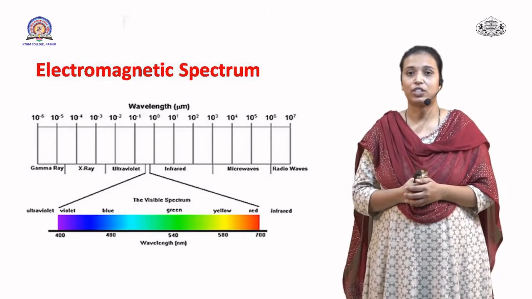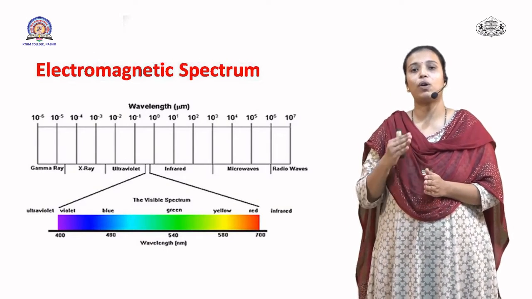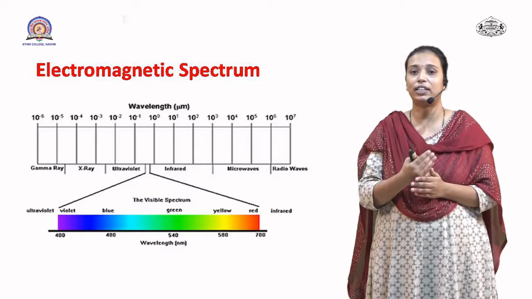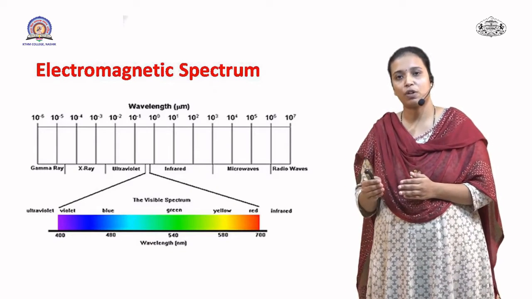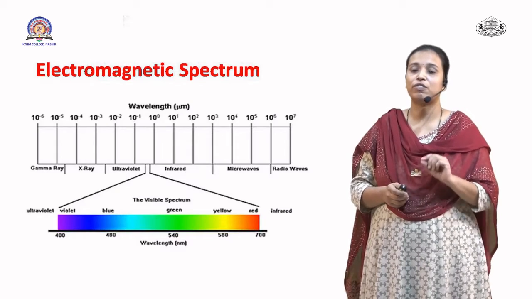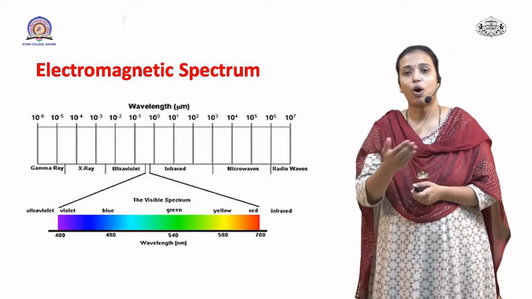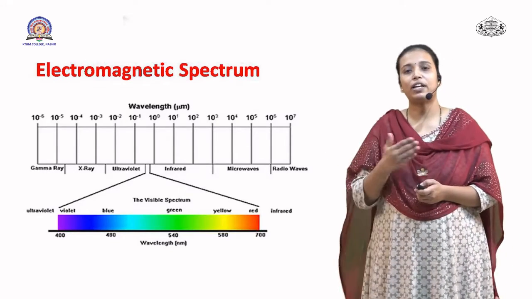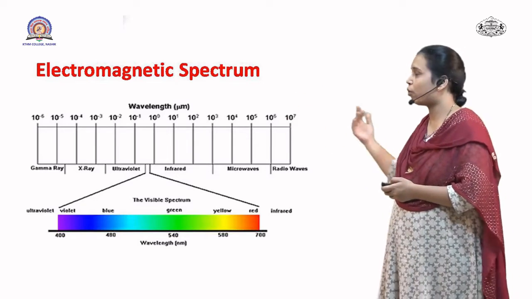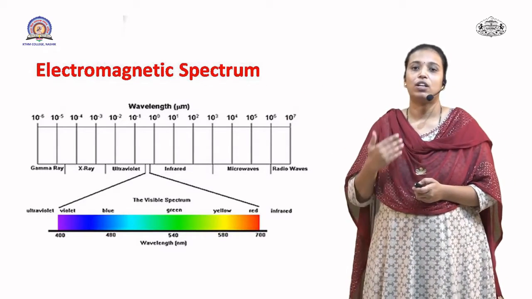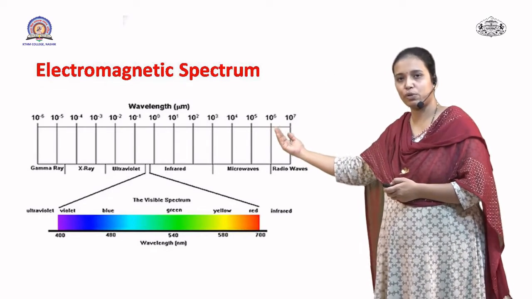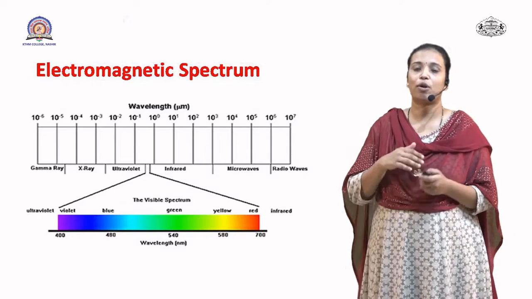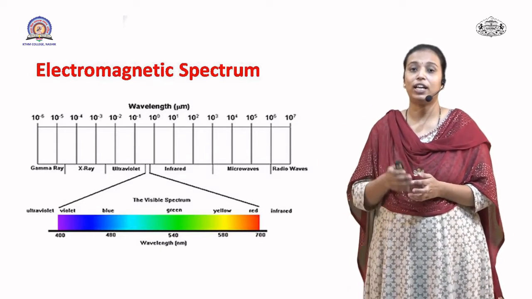As we have seen in the previous lecture, the electromagnetic spectrum is formed based on the radiations present in the atmosphere or in the surroundings, and there are different types of rays, but the important rays useful for us to see all the objects or phenomena surrounding us are the visible radiations. Visible radiations range from 0.4 to 0.7 micrometer. From 0.4 to 0.5 is blue, from 0.5 to 0.6 is green, and lastly from 0.6 to 0.7 is red.